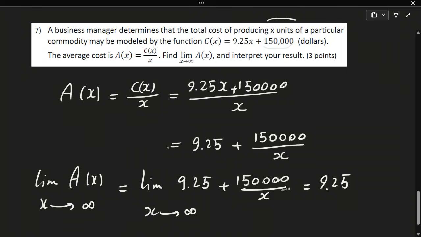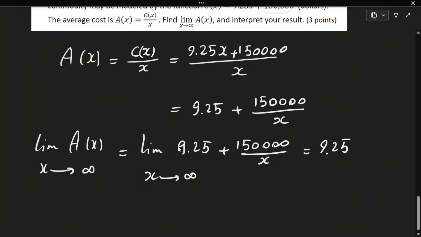And it shows that if we produce so many units of this commodity in comparison to this 150,000, a very large number, then this part is going to be very small, and the average cost per unit is going to be just 9.25. So this is going to be the average